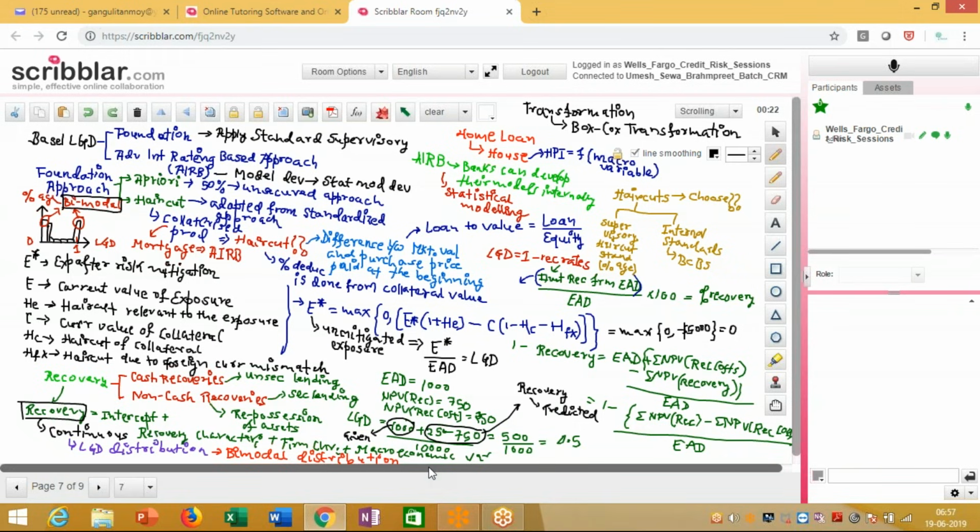Now, when they have actually defaulted, the next part that comes out over here is the following: that apart from this part, apart from